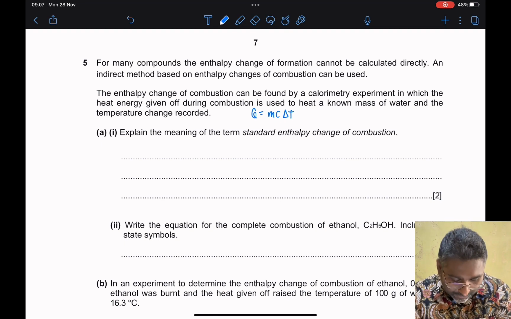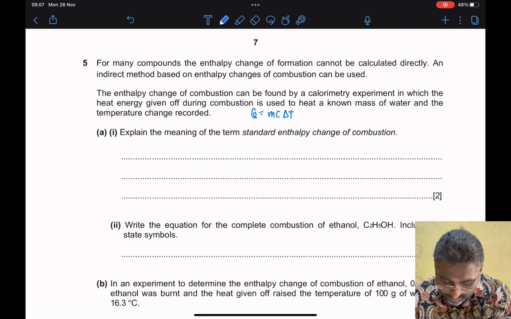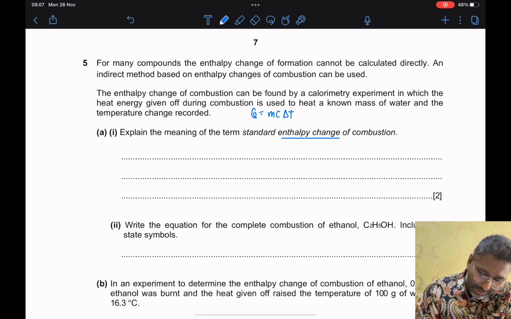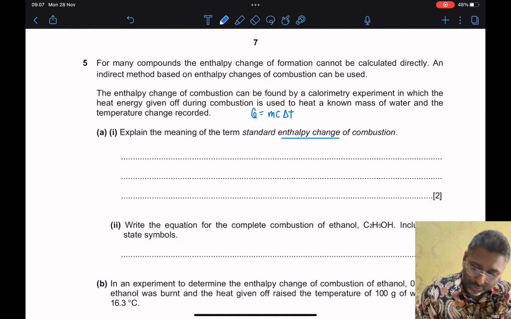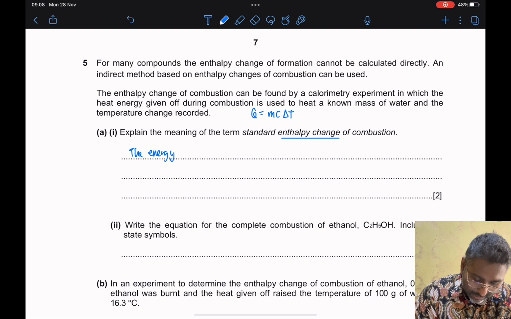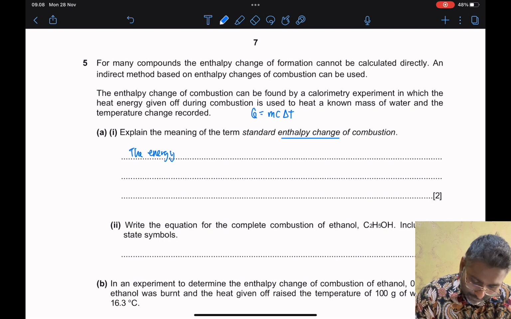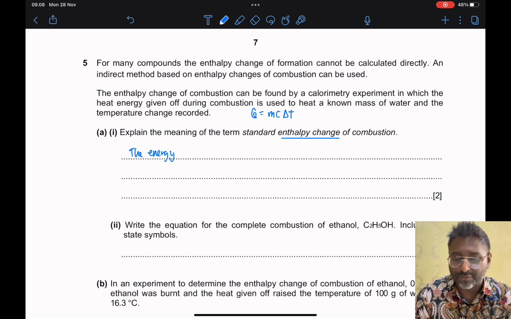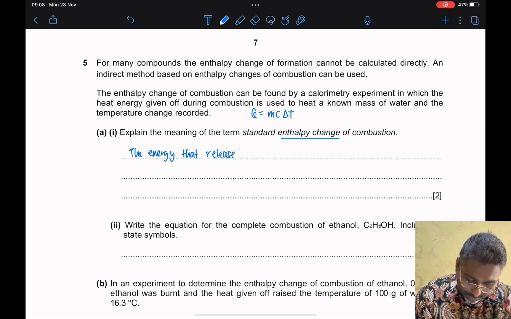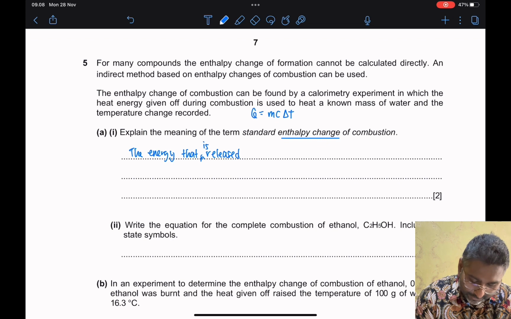So the first question: explain the meaning of the term standard enthalpy change of combustion. Enthalpy change, so you need to explain that. Enthalpy change is the energy change, in this case of combustion. Combustion is going to be the energy that is released. If you want to write "release" also can. The energy that is released by